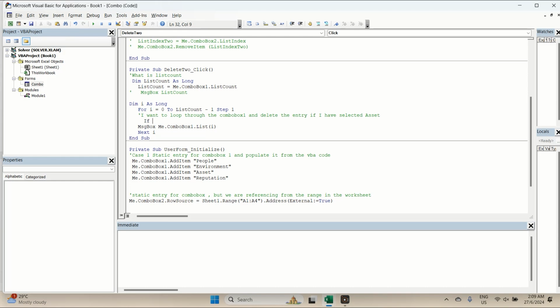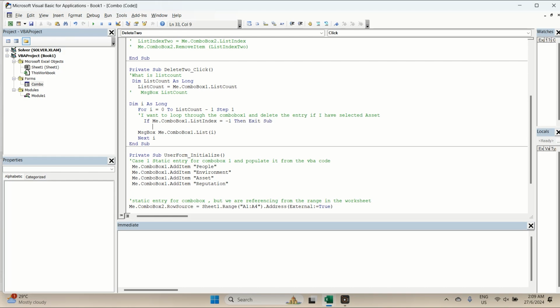The first thing I want to say is that if I make no selection, if I don't have a selection, then I want to exit the sub. So I'm going to say if Me.ComboBox1.ListIndex = -1 then Exit Sub, so I want to leave the sub. Now, what I want to say is that if I selected asset, so if Me.ComboBox1.List(i) equals asset,